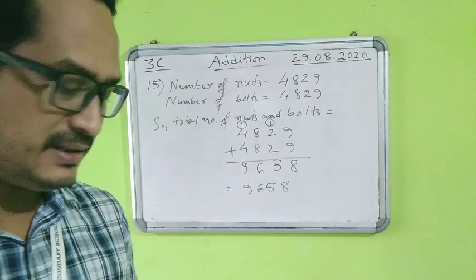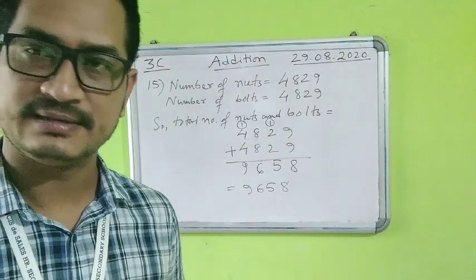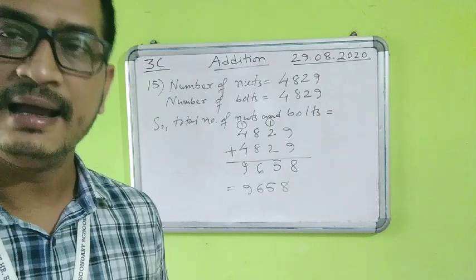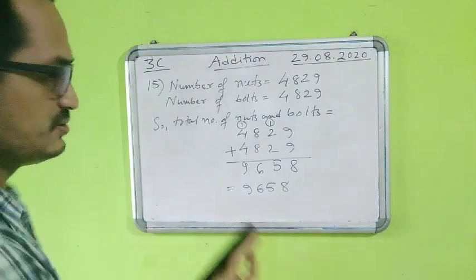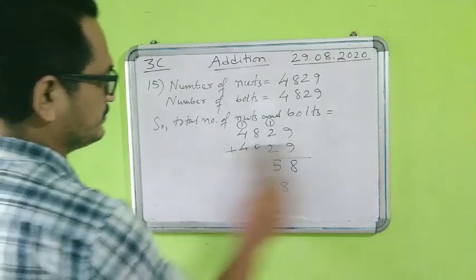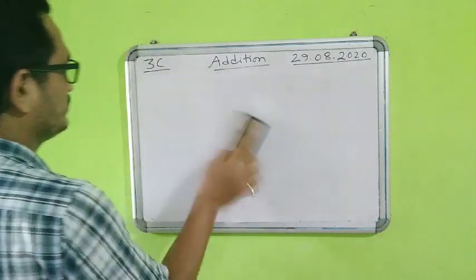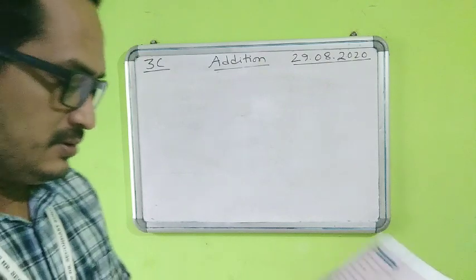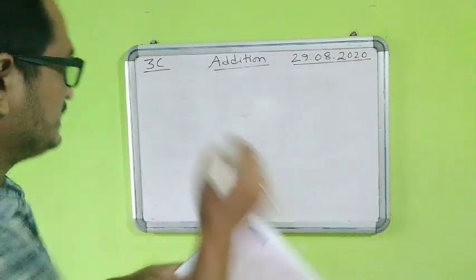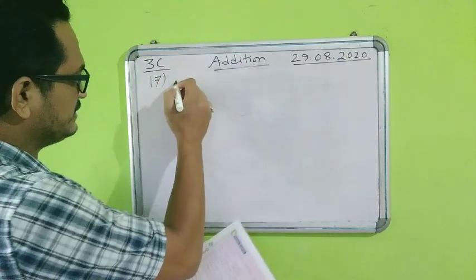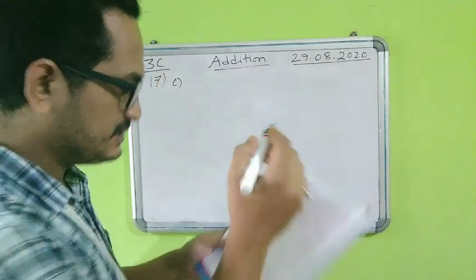It is estimate the sum of. You need to estimate the sum, means you need to first estimate and then add. So already we are doing so many questions like that. So students, please copy this down. And then 17 also same. So 17, let us do one question from 17. Say 17C I am doing. 17C, 346